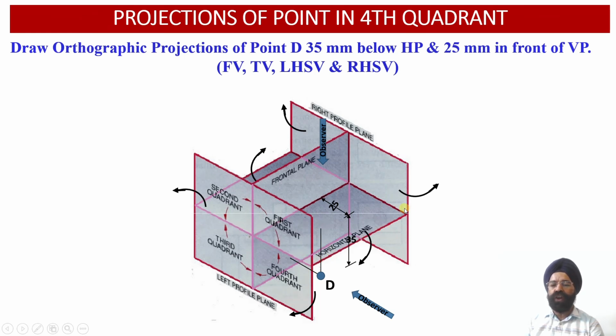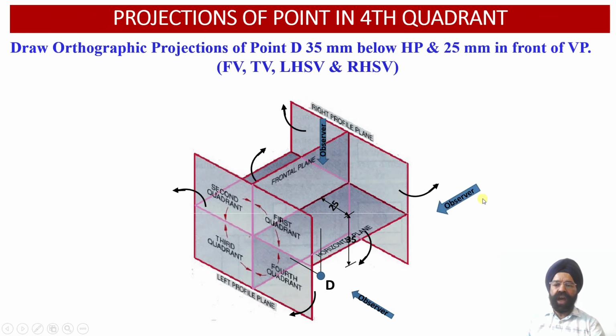This portion of the horizontal plane which is lying in front of the vertical plane has to be rotated in the clockwise direction, that is in the downward direction. So now we are going to witness the overlapping of this horizontal plane and this vertical plane. Depending upon the distances from the horizontal plane and the vertical plane, we will be able to obtain both the front view projection and the top view projection below the XY reference line